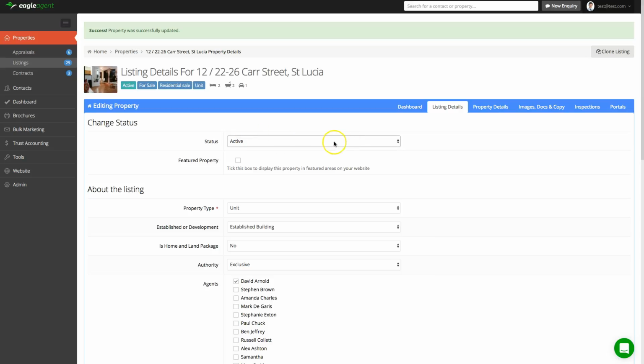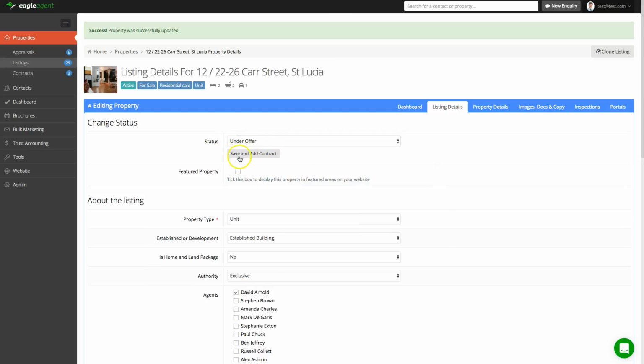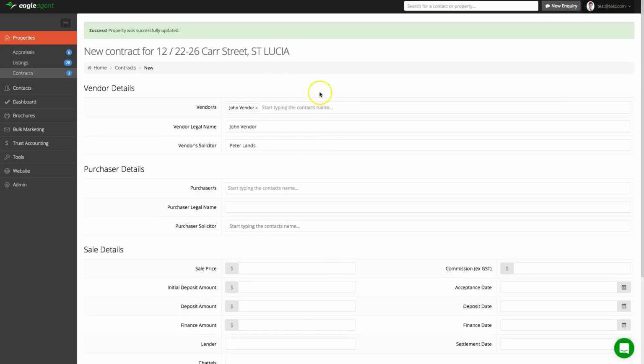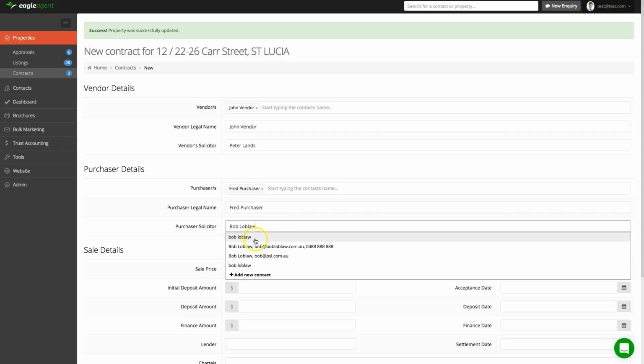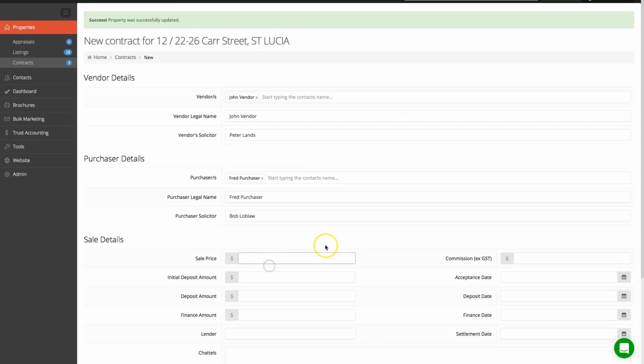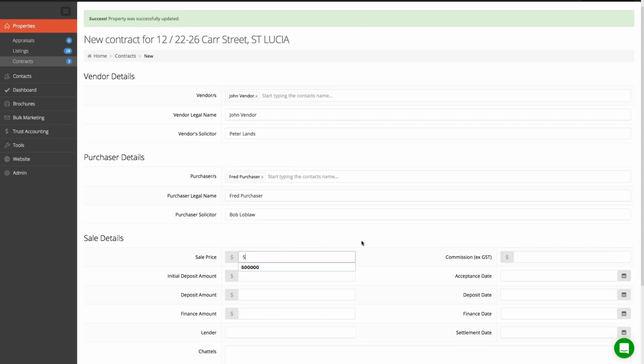So let's say your vendor has just accepted an offer on a property. What we'll do, we'll go into the listing and mark it as under offer. A button will come up to save and add the contract. Here we're adding a new contract, so we'll enter in the purchaser's details, and also their solicitor. We can put in the particulars of the contract,